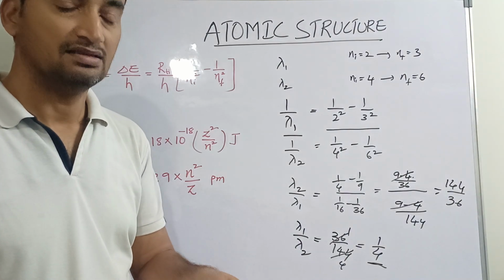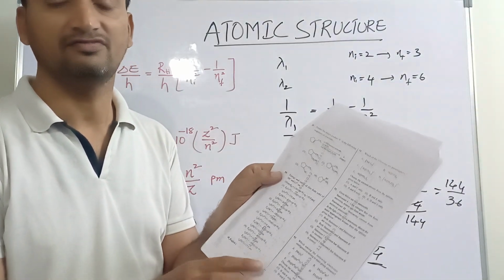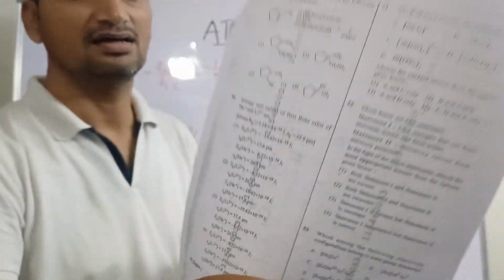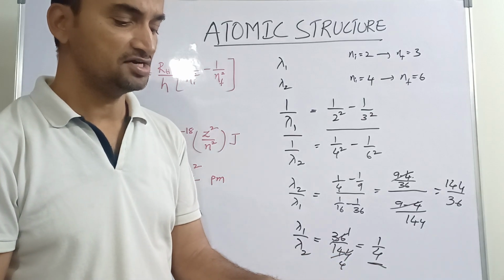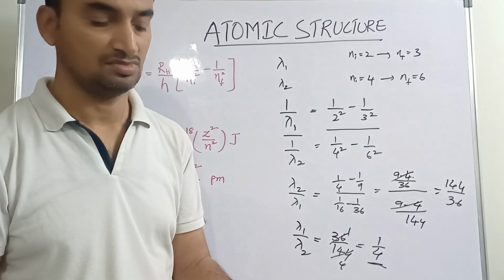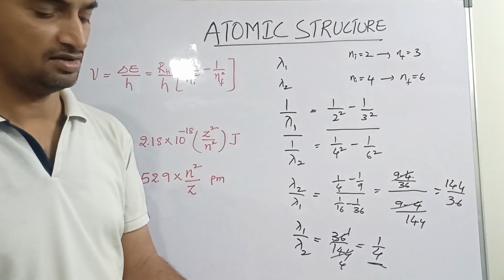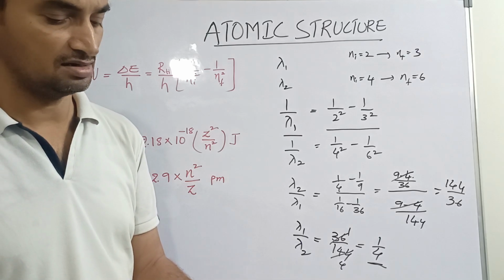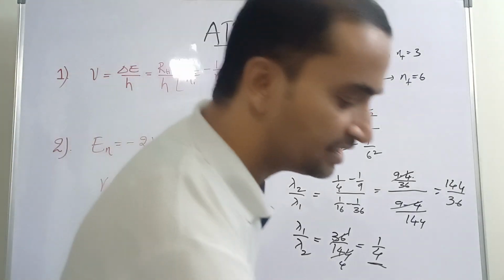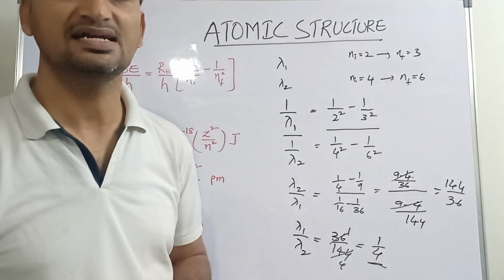Now here the question is there and answers are given. It is a lengthy question, you will feel it is lengthy, but here it is very easy. See this question. So here what they asked is: energy and radius of the first Bohr orbit of He plus, that is helium, and Li 2 plus ions. So already they have given the Rydberg constant values, and here they have given the values directly, Rydberg constant values and N0. So here the formula is also directly given. Here they are asking for He plus and Li 2 plus ions.